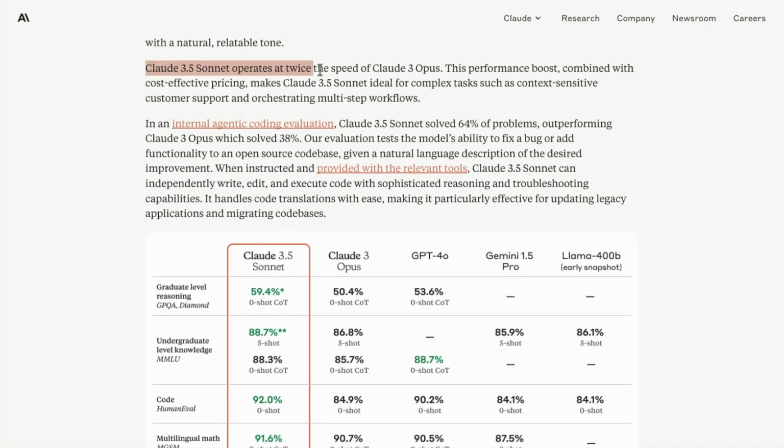Claude 3.5 Sonnet operates at twice the speed of Claude 3 Opus, which is one of their best models from the prior release. This performance boost combined with cost-effective pricing makes it ideal for complex tasks such as context-sensitive customer support and orchestrating multi-step workflows. So the first thing that came to mind, and this is something I am interested in